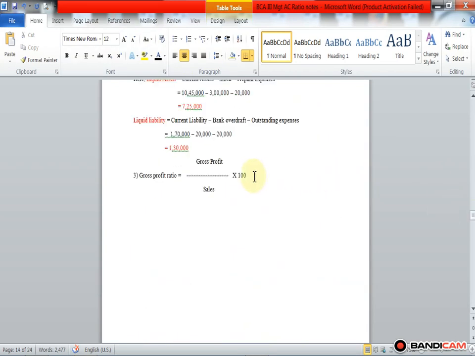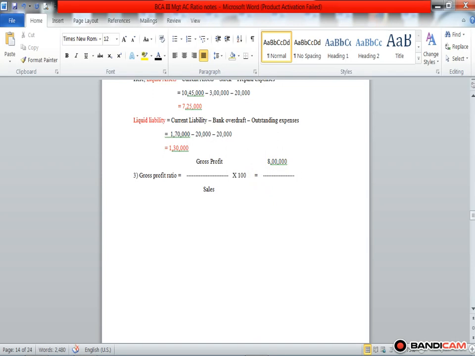So put this amount in the formula: 8 lakh divided by